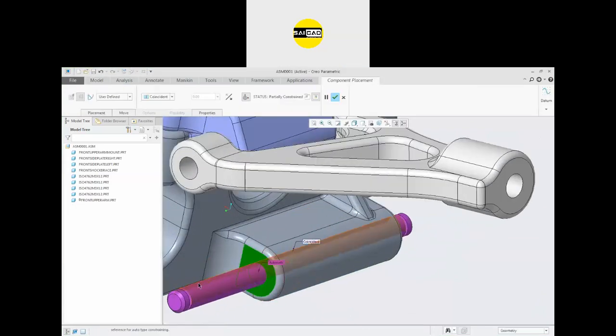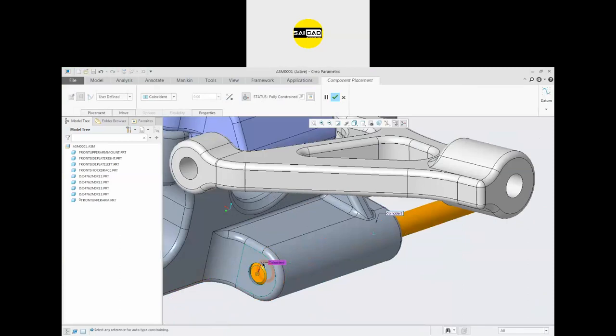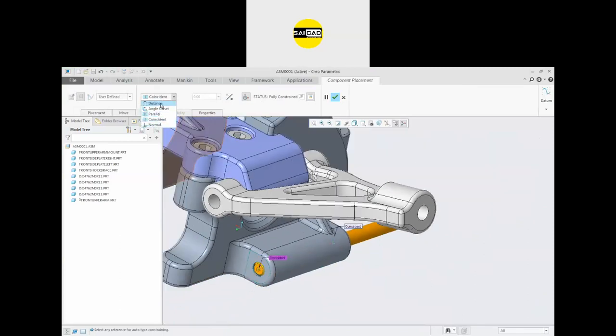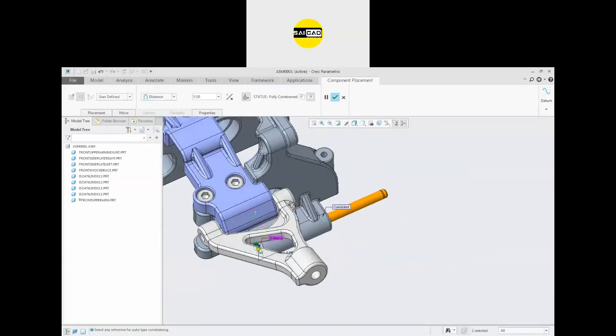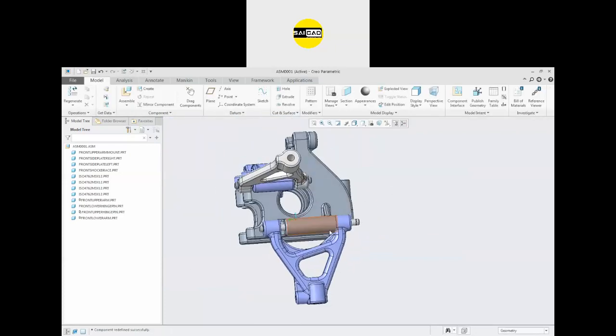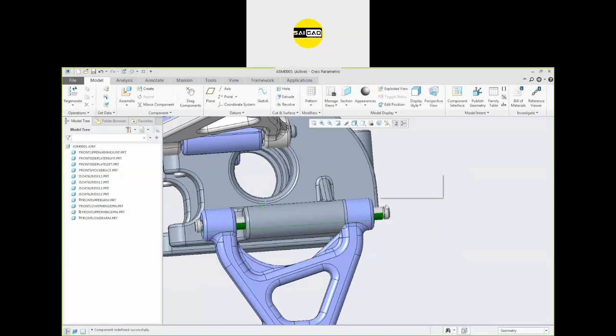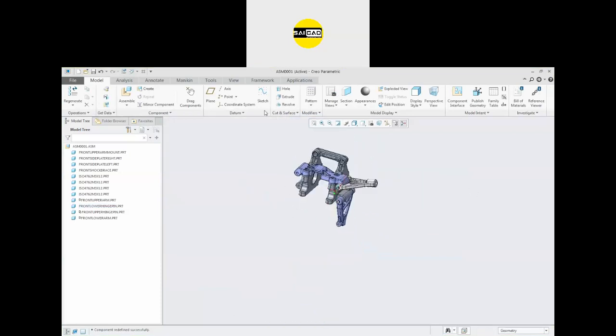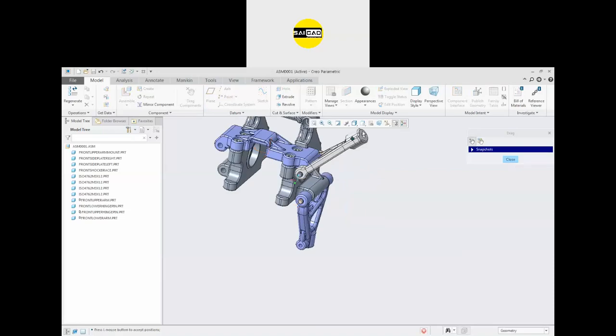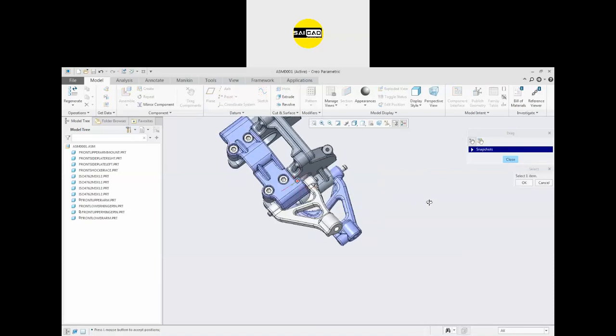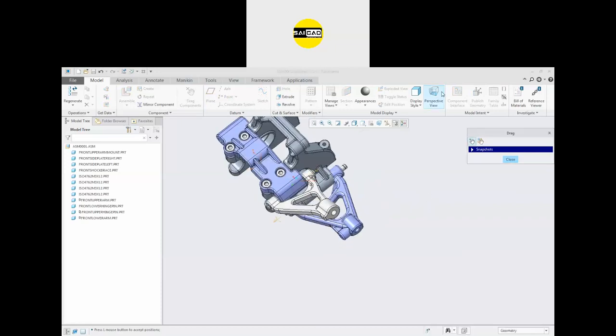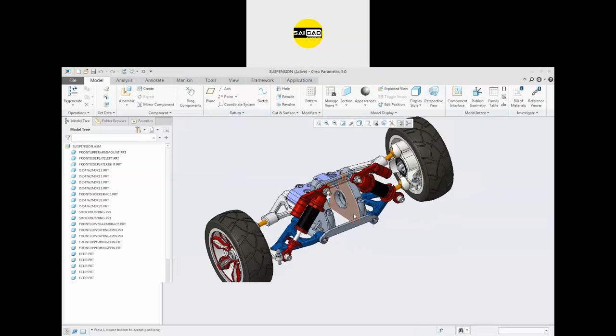If I want this pin to be at a distance, specify the value according to your need and define everything. Okay. So you can just see that if I go to the track component, you can move it up down, move it up down like that. So define in the similar direction and you will get the result like this one.